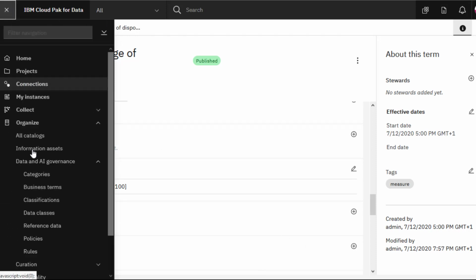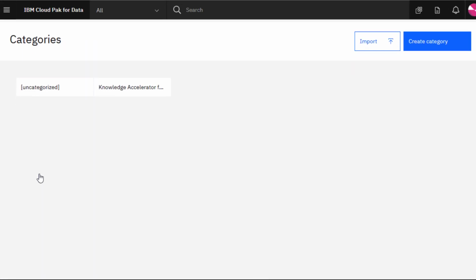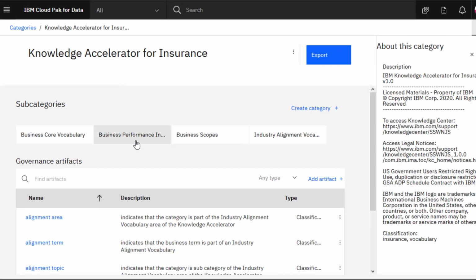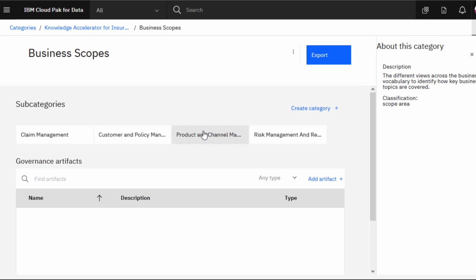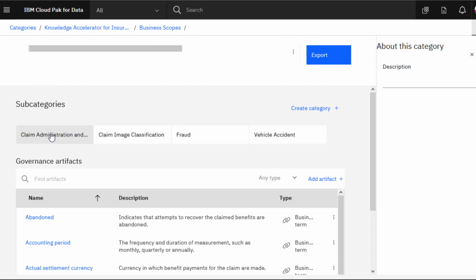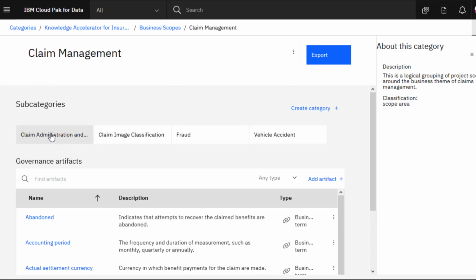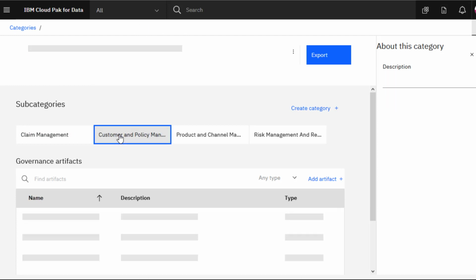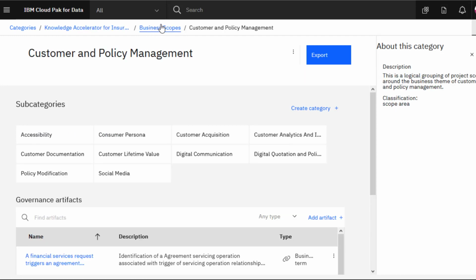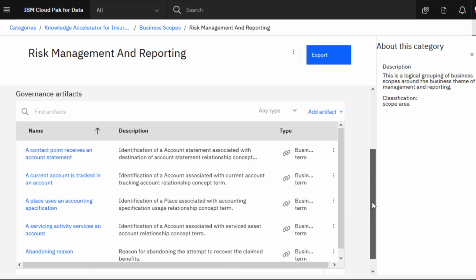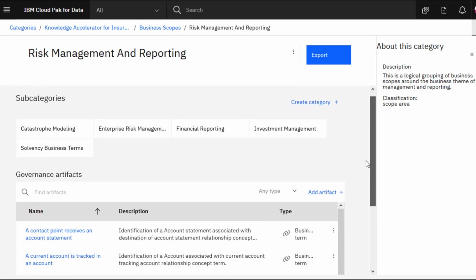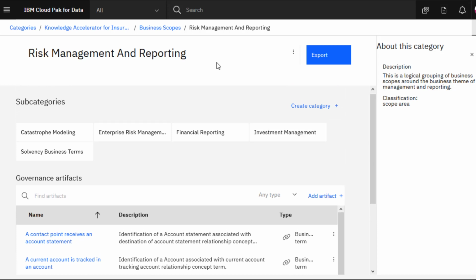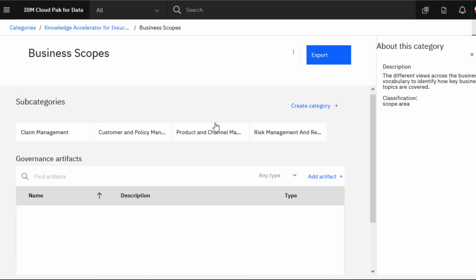Now let's look at business scopes. There are many of these collections of business terms provided to help with more specific project requirements. The top-level categories include claim management, which covers all aspects of processing claims, accidents, claims data, and analytics. Customer and policy management, which covers all aspects of acquiring customers, maintaining customers, policy information, digital customer journeys, and customer insight. Risk management and reporting, which covers collections of business terms for risk management and solvency, financial reporting, and investment